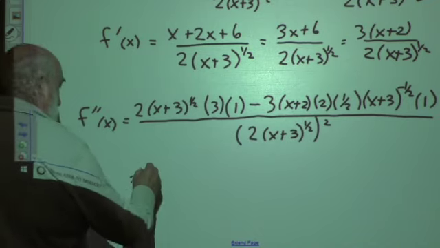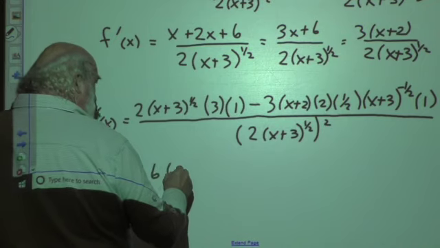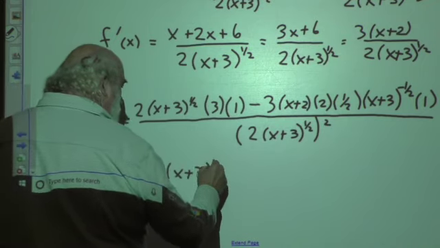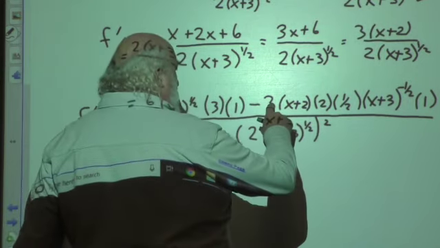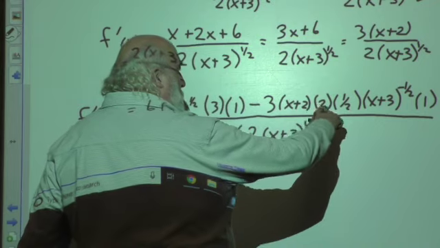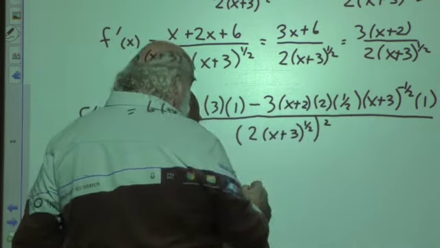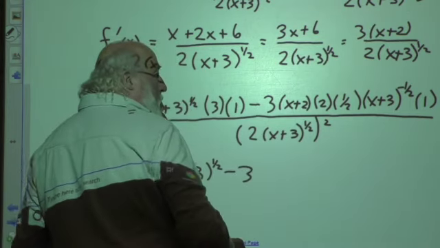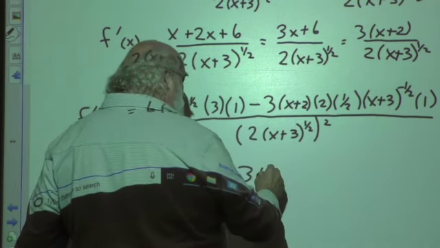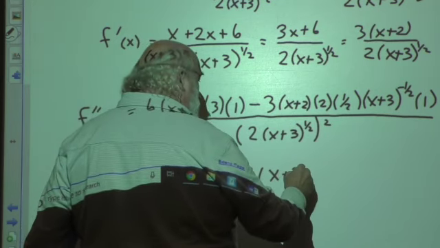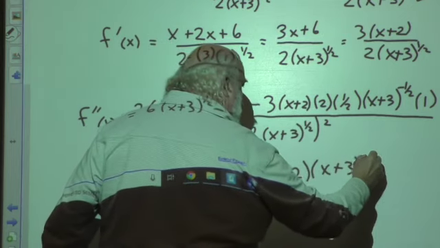You're going to get 6, 2 times 3 times 1 is 6, times (x + 3)^(1/2), minus, all right, so you have 3 times 2 times 1/2, but these cancel out, so that leaves us 3, and then the 1 doesn't really add anything to this, times (x + 2)